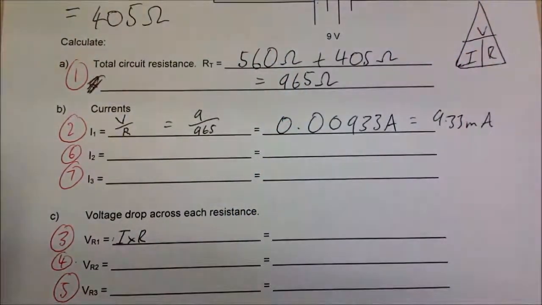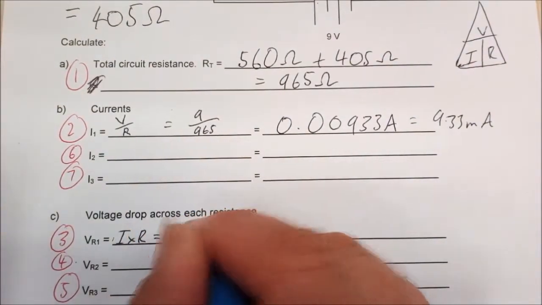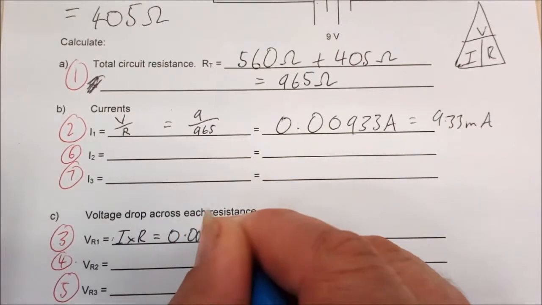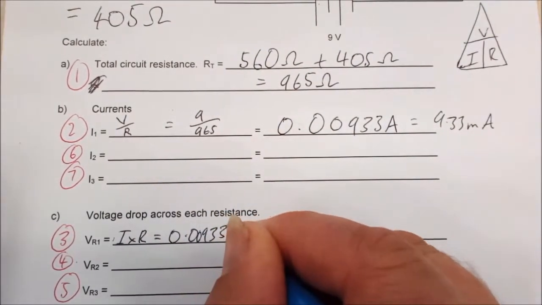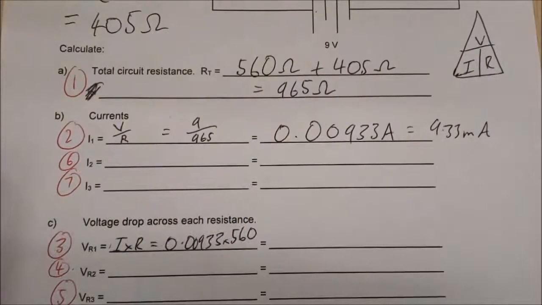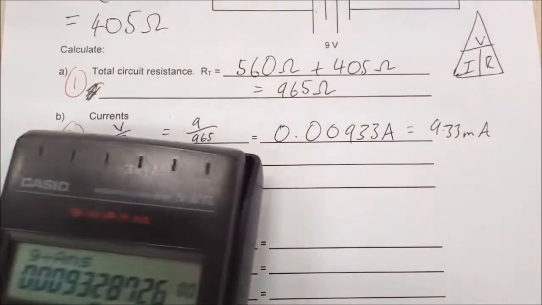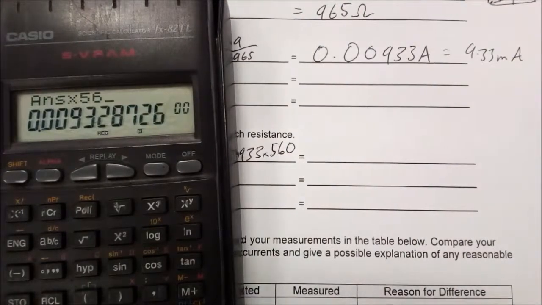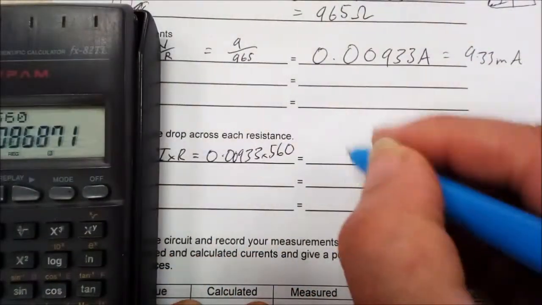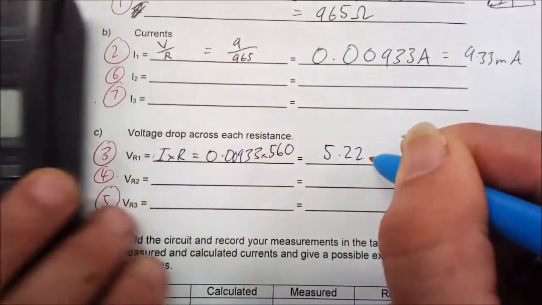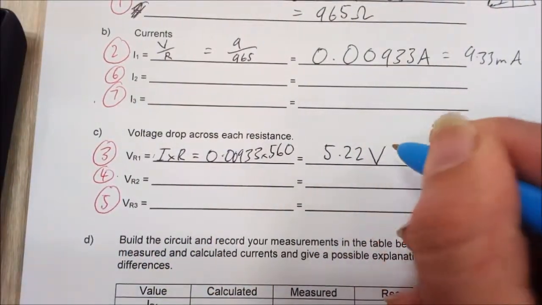And then the resistance, well, we've got that as well, so we can do that. So we can go equals 0.09, whoops, another 0, that could really stuff things up, couldn't it, times 560, which equals, and if that's the value there, isn't it? Yep, okay, so I can still keep going, I don't need to add anything else, I've got lots of detail there now. 560, which equals 5.22 unit, it's volts, isn't it? Okay,